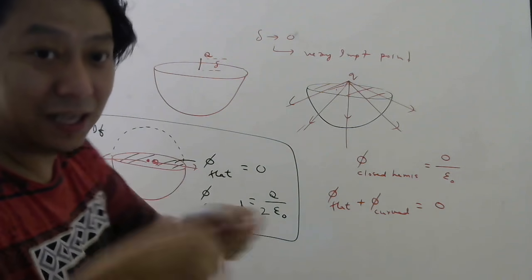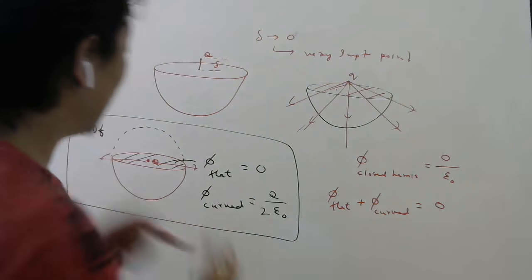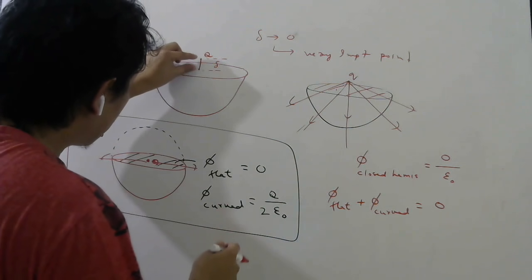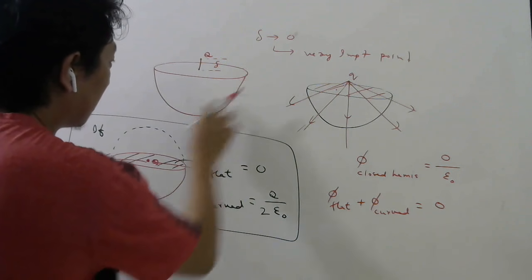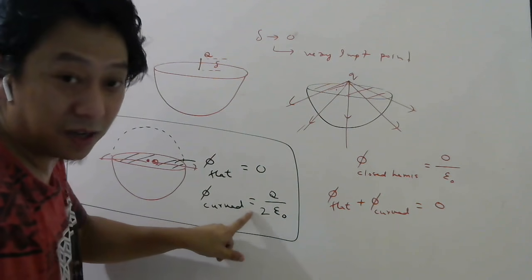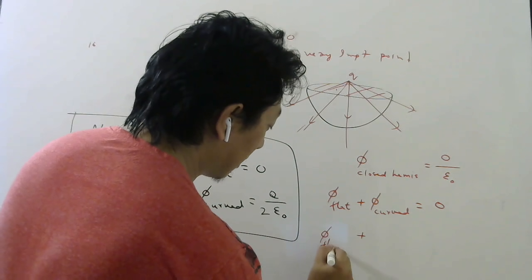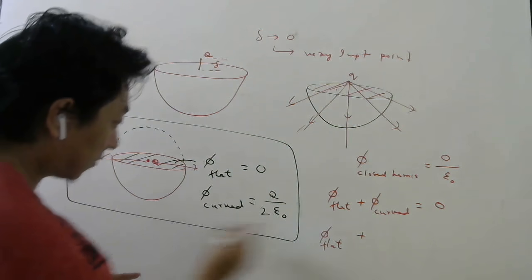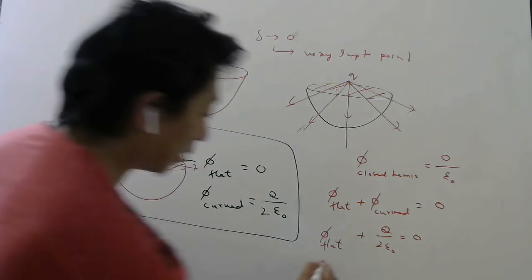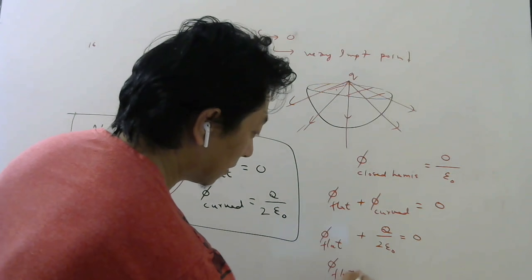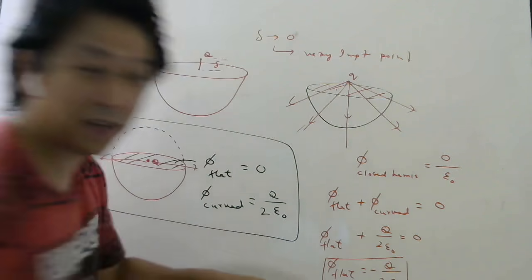So in the limit, there is no need to do the calculation. If you do it in the limit, then as you keep making this smaller and smaller, the flux through this curved surface will become nearer and nearer to this one. So I can write flux through the flat surface, I don't know, but flux through the curved surface I know, q by 2 epsilon naught. So then what will be the flux through the flat surface? Minus q by 2 epsilon naught. Are you happy to see the minus sign?